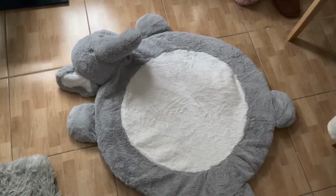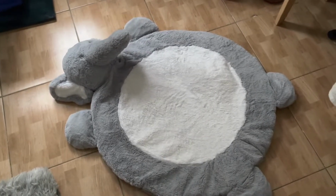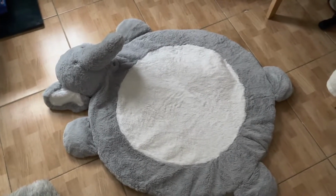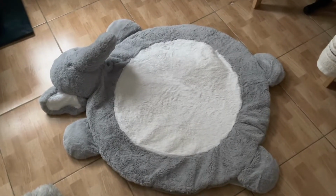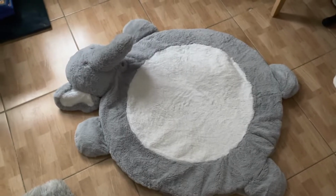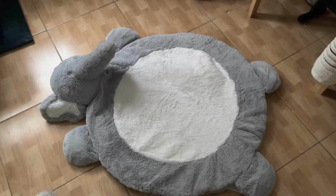Okay, so the next thing that I think is an essential, especially if you want to lay your baby down on the floor, if they want to roll over. Zia's not rolling over yet, but when we hang out in the living room, we don't want to put her on the sofa in case she rolls off. So we put this on the floor. It's like a playmat thing. It's very soft. It's got an elephant head. It's from TK Maxx. It was kindly gifted to us from